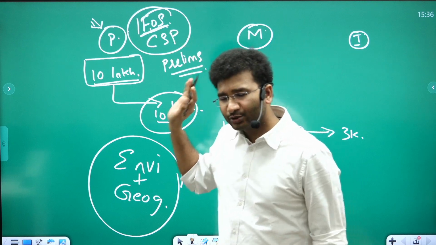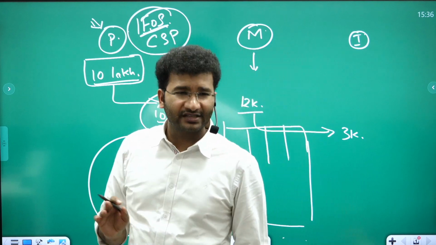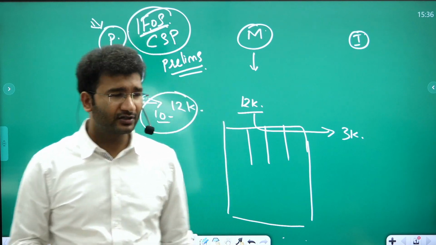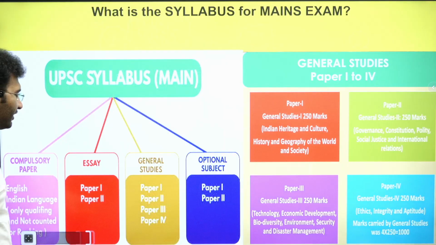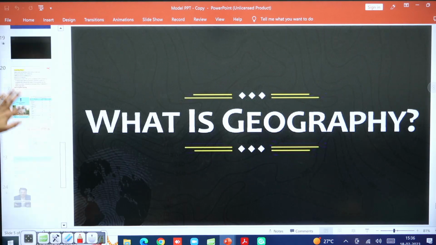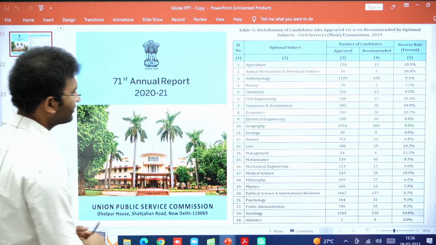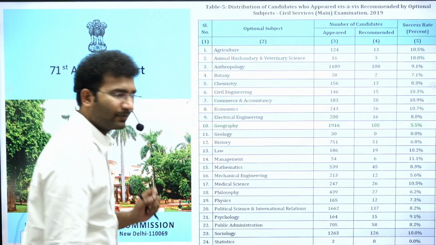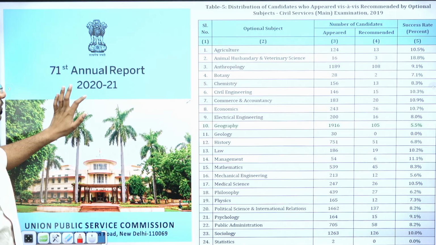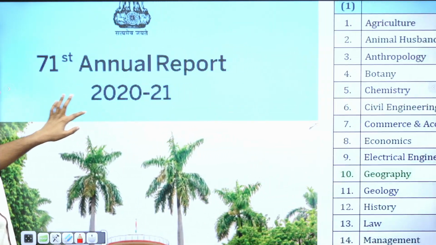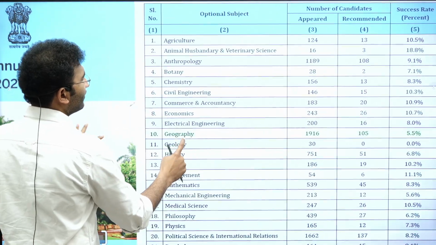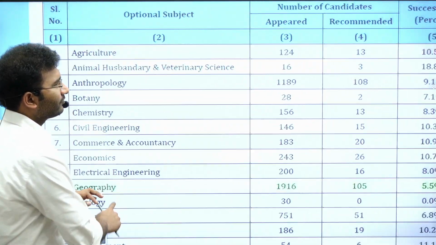See, I'll be showing you some data. This data will tell us why this subject is so popular. It is because, see, every year UPSC will give you an annual report, and in that annual report it will give you the list of the number of students who have cleared prelims with a particular optional subject. And this report is called the UPSC annual report. So today I have the 71st annual report with me. Look into the data of the 71st annual report. The 71st annual report says that